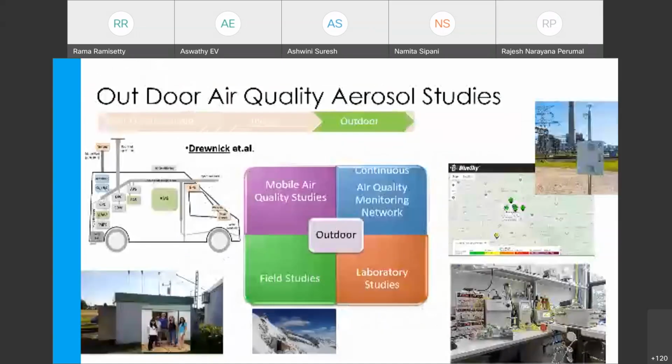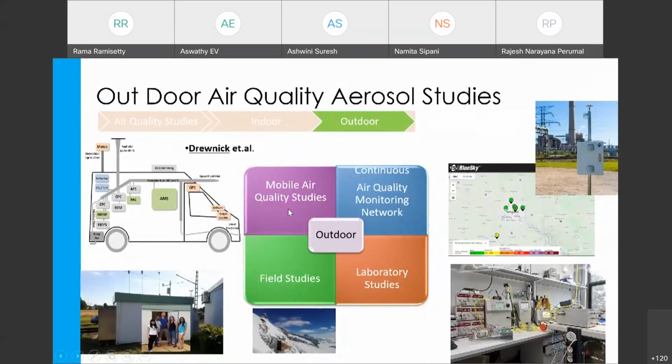Yeah, that is about Qtrack, and I will explain some of the things for the outdoor air quality studies. In the outdoor air quality studies, we majorly have 4 different types of methods. Either you can use mobile air quality studies, or you can go for a field and do some experiments, or you can use some unattended air quality monitoring network, or you can do laboratory studies. So in these,